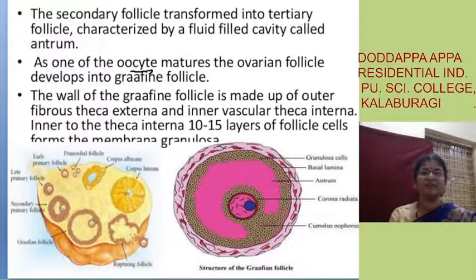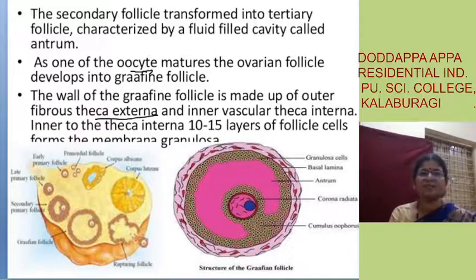So this Graafian follicle is made up of theca externa. Externally, it is covered by a fibrous connective tissue layer, which is called theca externa. So connective tissue fibers are there, and it will form theca externa, and inner to this you will see theca interna. Theca interna has got a blood supply. The structure is not shown so clearly. Theca externa and interna are not shown clearly, children. So in the class we drew in a different way. Let it be.